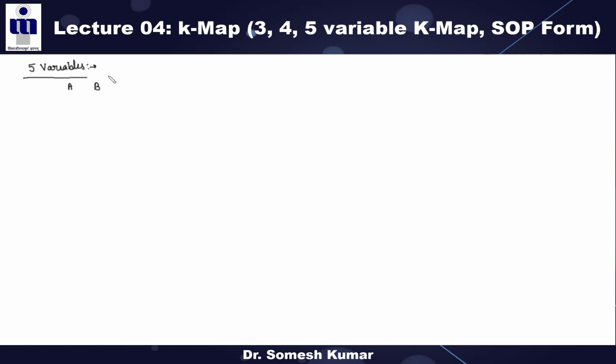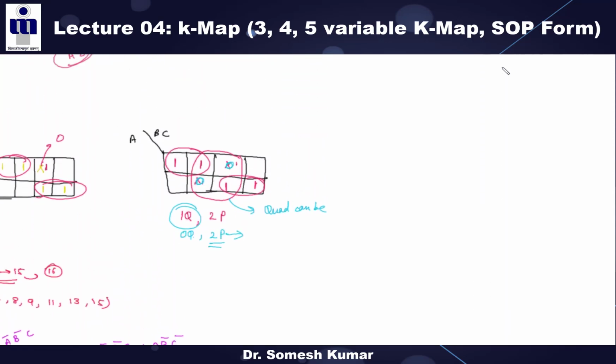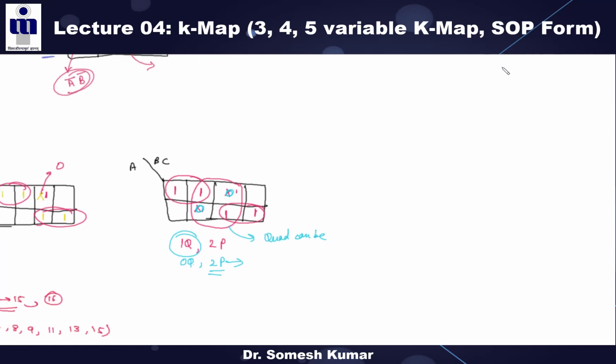See, in many books different methods are given to solve the 5 variables using K-map. Right, you can adopt any method, right? So I'm giving my own method. You can adopt any method from any book, right? All are correct, right? So these are your 5 variables. Okay, clear? So now with the 5 variables, how many possible number of cells? The 5 variables, 32. And this 4 variables K-map, how many cells are there in the 4 variables K-map?